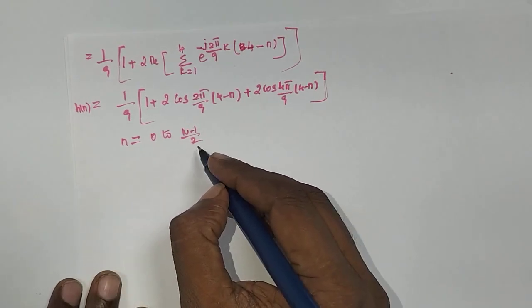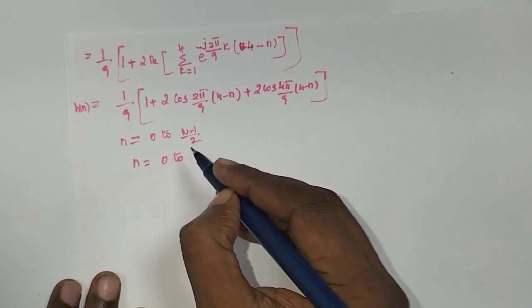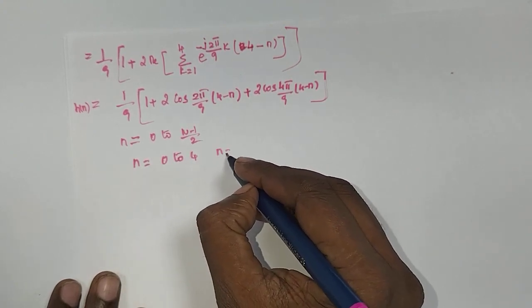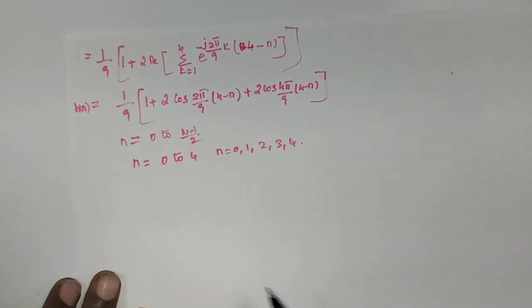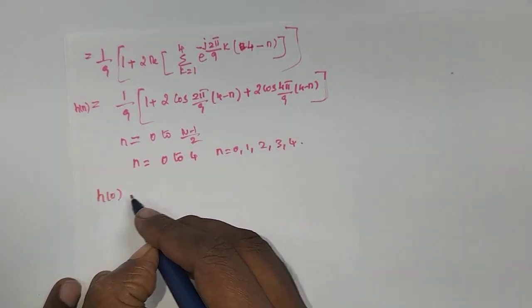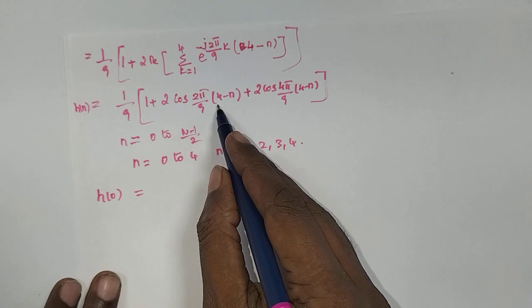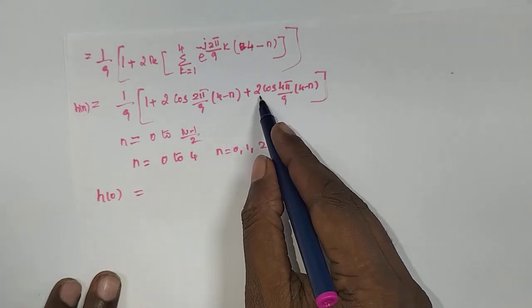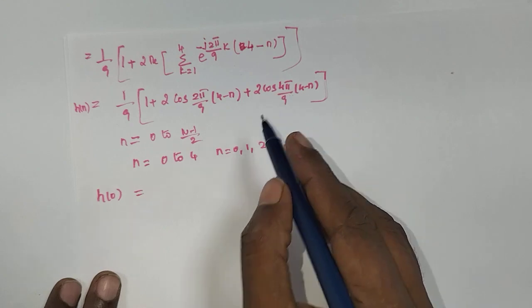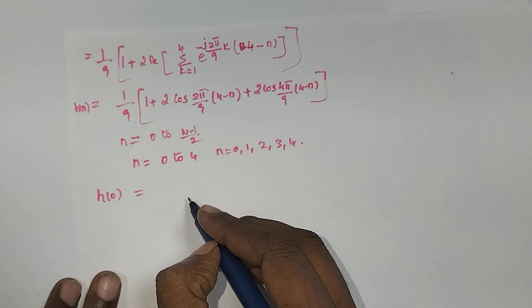Here it is symmetrical about 4, so n is equal to 0 to 4, that is n is equal to 0, 1, 2, 3 and 4. So h of 0, for n put n is equal to 0: 1 plus 2 into cos 2 pi n into 4 minus 0, that is 4 pi, as 8 pi, plus 2 into cos 4 into 4, 16 pi. So that h of 0 value is equal to